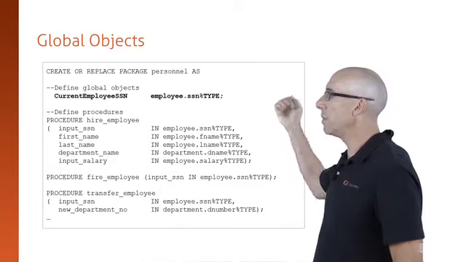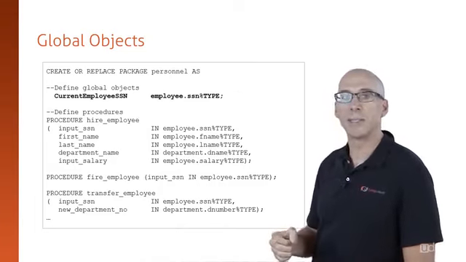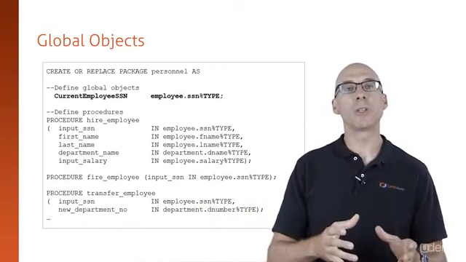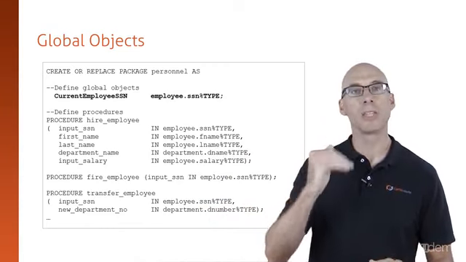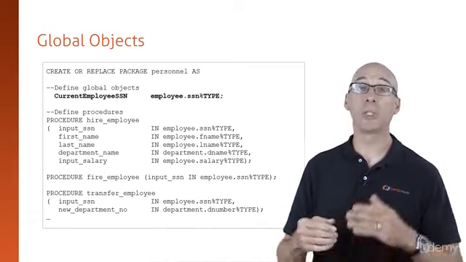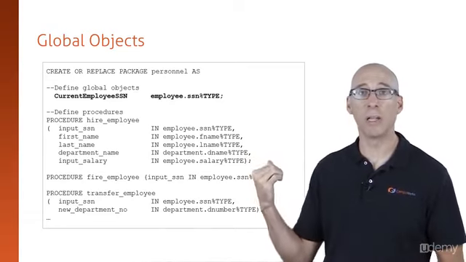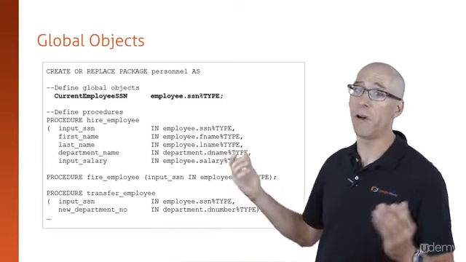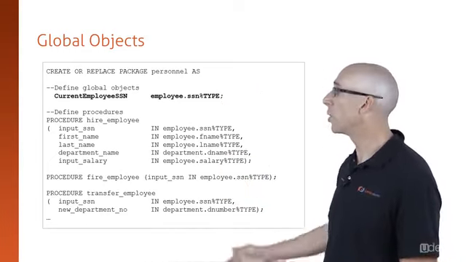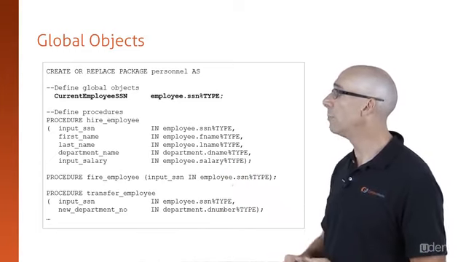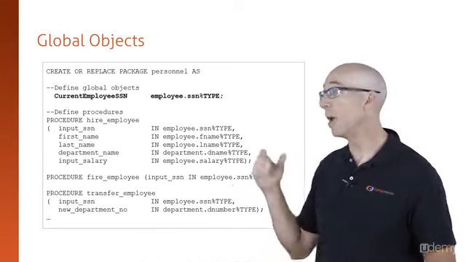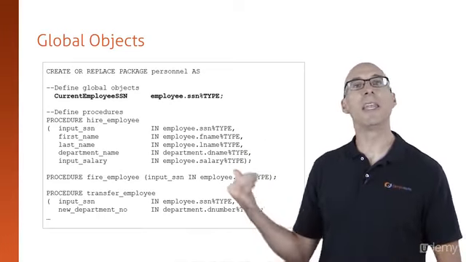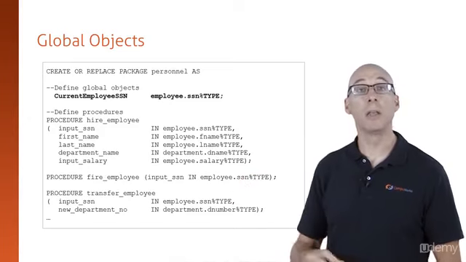Now, this is what it looks like. You have your create or replace package personnel as, and then the one thing that I always do is I always create my public or my global variables at the top. And in some programming languages, you have to do that. So this is just following that rule. And here I just put in a comment saying define my global variables or my global objects, and you have current employee SSN. So employee.ssn, you identify its type,